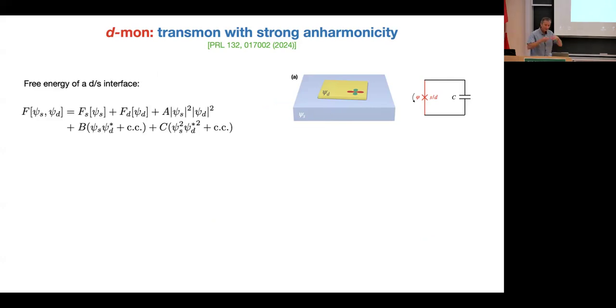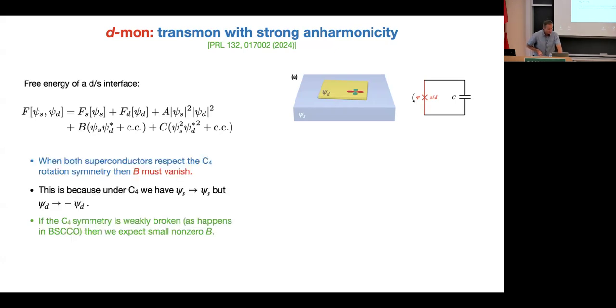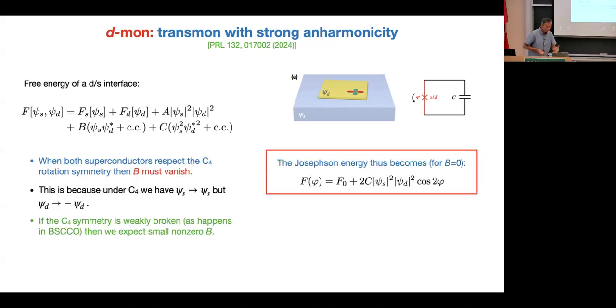What happens, you can write down the same free energy, and again, by symmetry, you conclude that direct tunneling of Cooper pairs, this first order term, is prohibited by symmetry, and the leading term is this co-tunneling, as in 45-degree twisted bilayers. And so you have a free energy that to leading order has a cosine 2 phi